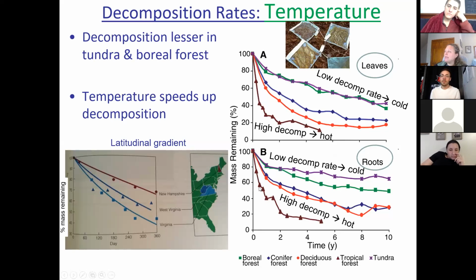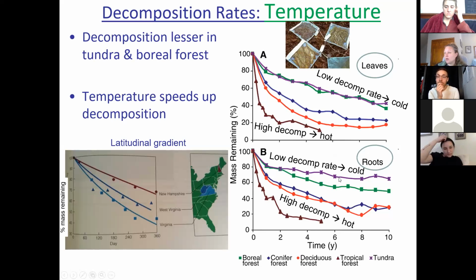So look at the mass remaining in leaves and roots, right? Versus the biome. And I just kind of wrote some take homes here, right? The blue, I'm sorry that I can't even see colors today. The purple is tundra and the green is the boreal. So these are the colder biomes, right? Percent of mass remaining is higher, right? So lesser decomposition as compared to a tropical rainforest. The amount of mass remaining is really low because it's a high rate of decomposition, right? And you can see that happening also for the roots too, right?